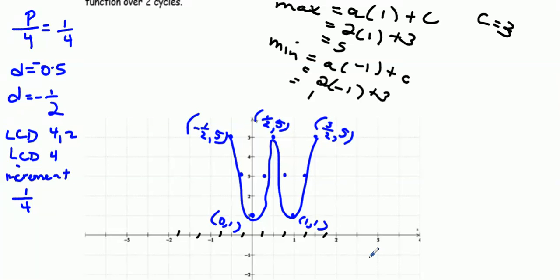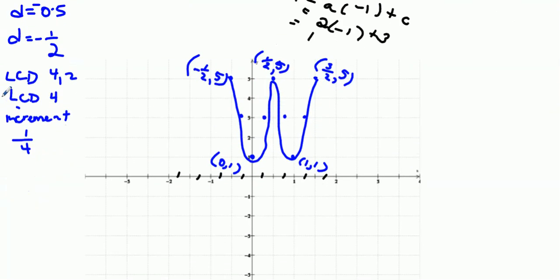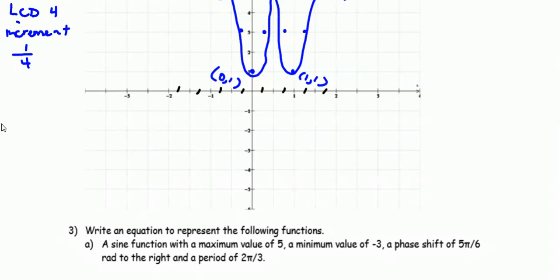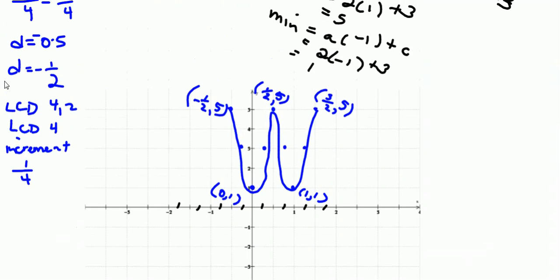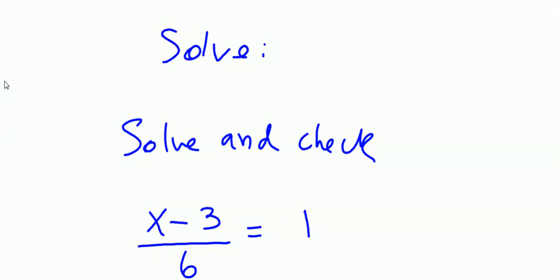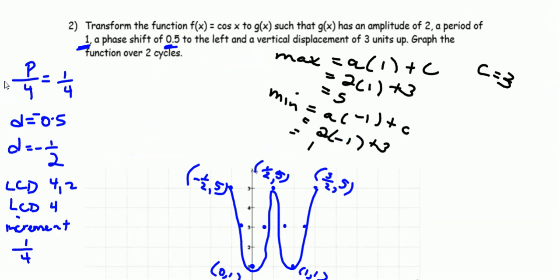Okay, so sometimes it's going to be in terms of just real numbers on our x-axis. So you should be comfortable with that. You should be able to recognize when that happens because your period will not be in terms of pi. Okay, so what I want you to do now is go back to each of these examples that we did. I'm going to ask you to pause the video and go back,